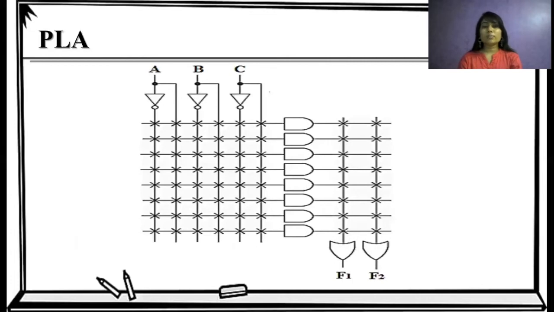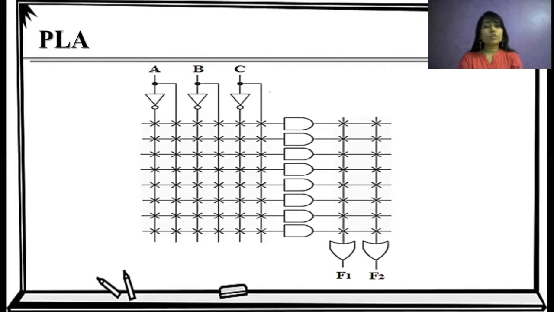Here we have a basic logical diagram of this programmable logic array. We have programmable AND gates and programmable OR gates. Here we have a total of 8 AND gates and 2 OR gates. The inputs of these AND gates and the inputs of these OR gates can be decided by the user. So whenever we want a logical function, we can make connections by marking these cross signs, and we